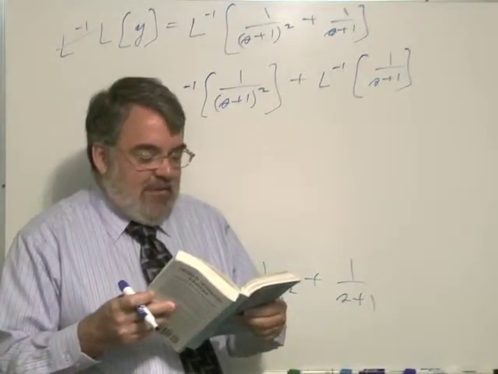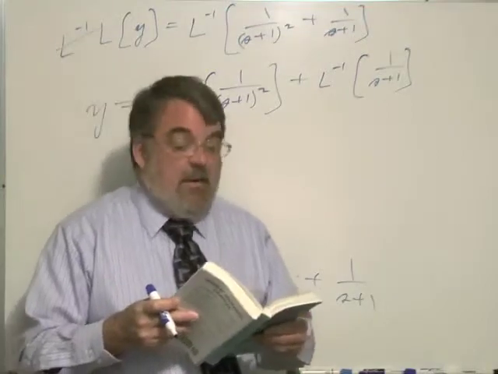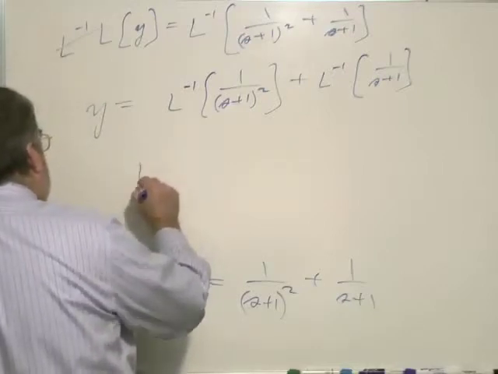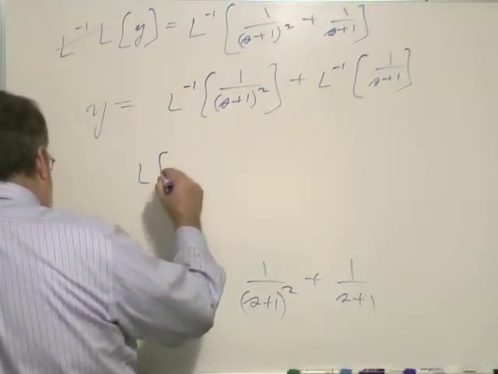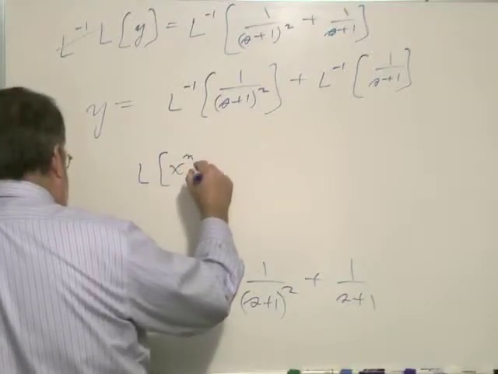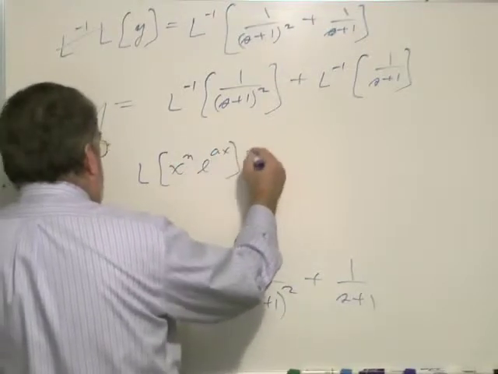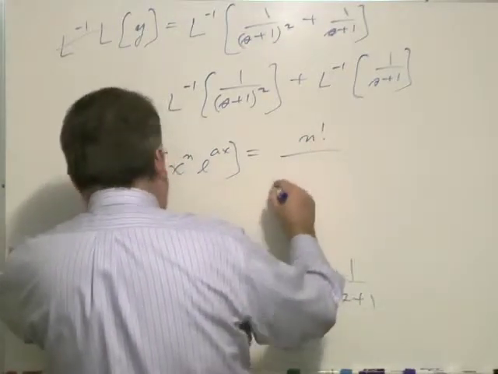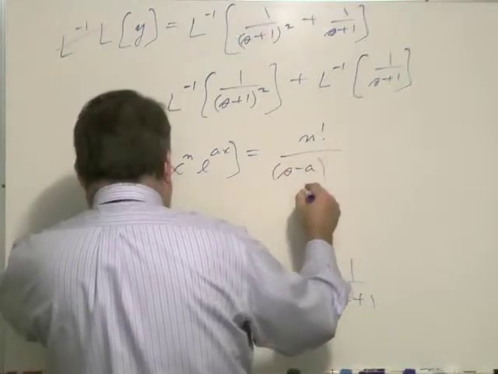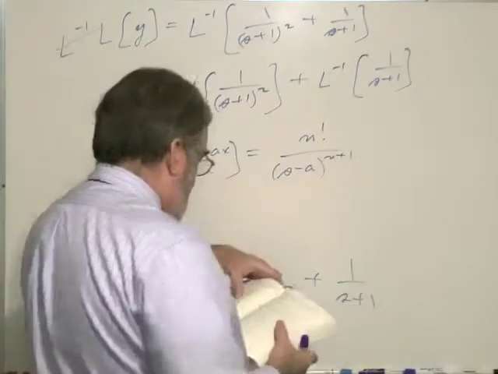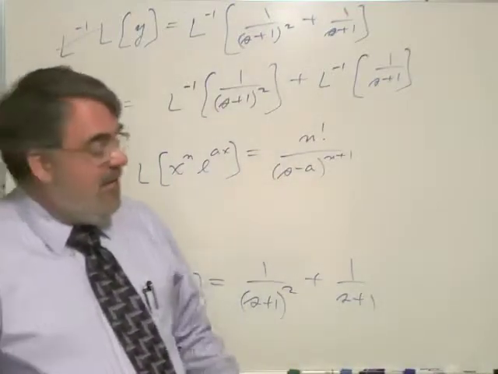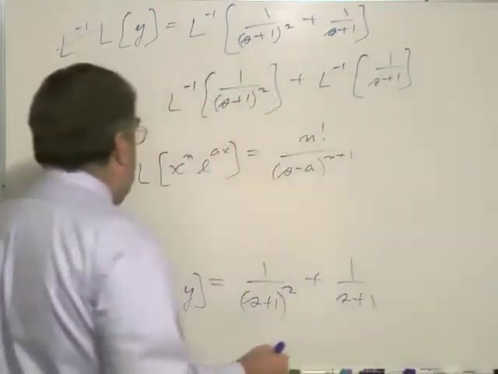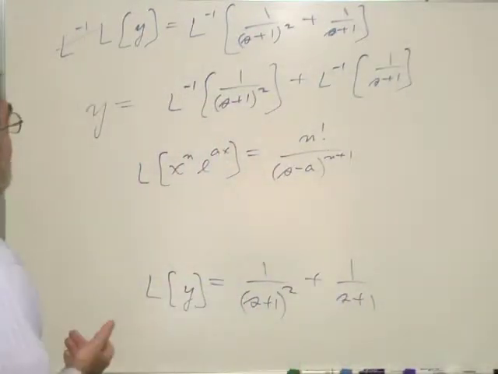It's the expression for x to the n e to the ax. So, all right, one more time. Laplace transform of x to the n e to the ax. According to the book, this is n factorial over s minus a to the n plus 1. Now, I think if you use Laplace transforms a lot, this would be just easy. You'll be used to these. Yeah, I only use these when I teach it. All right, so